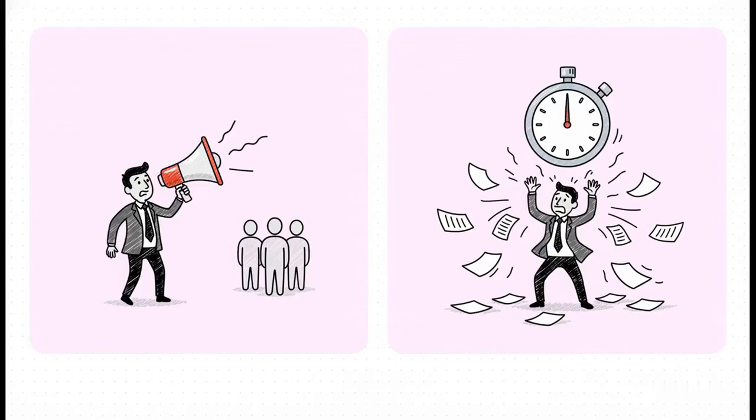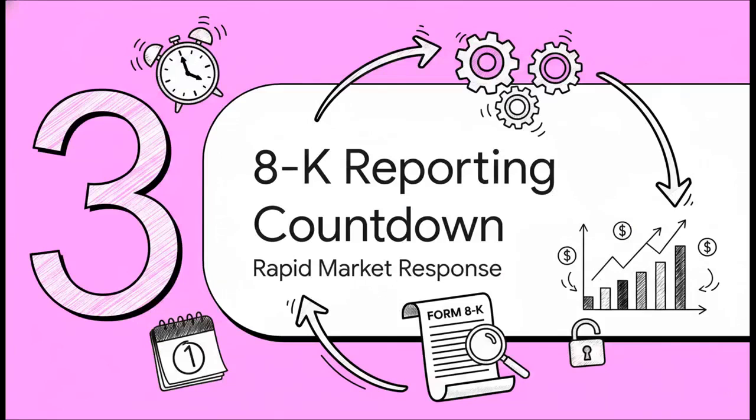If an executive intentionally shares MNPI, boom, they have to disclose it to the public simultaneously, no exceptions. But what if it slips out unintentionally? Like say a CEO just misspeaks at a private lunch. Well, then they are forced into a frantic race against the clock to get that info public promptly, usually within 24 hours. If they knew or were reckless in not knowing that the info was material and non-public, they are on the hook. And once that clock starts ticking, we enter Part 3, the 8K reporting countdown.